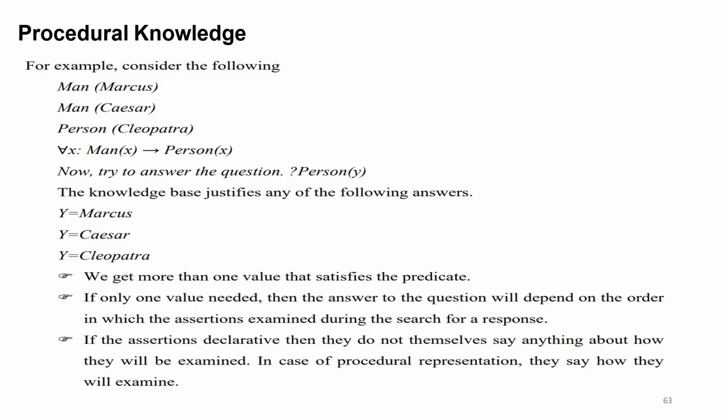It searches in the order Marcus, then Caesar, then Cleopatra. The first answer returned may be Y equals Marcus. If the search order changes, a different answer may be returned. So this is about the procedure of it. Next, we will be seeing the concept of